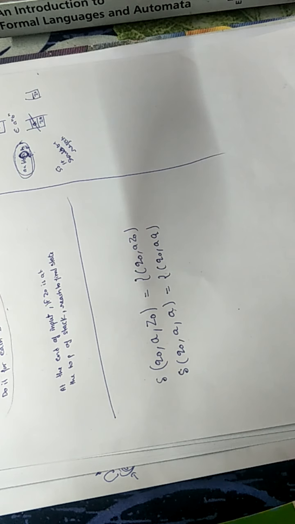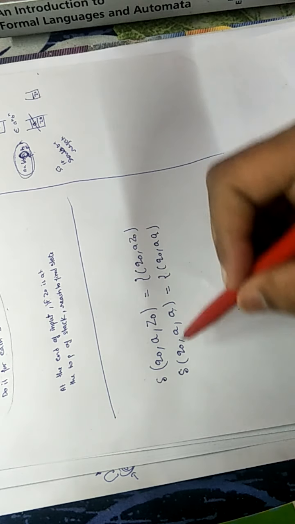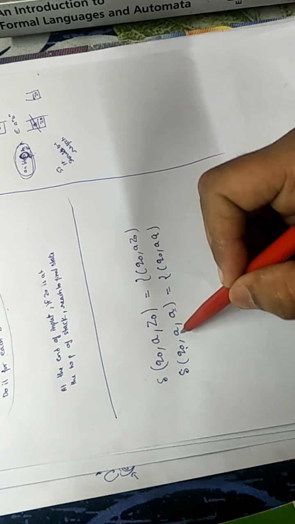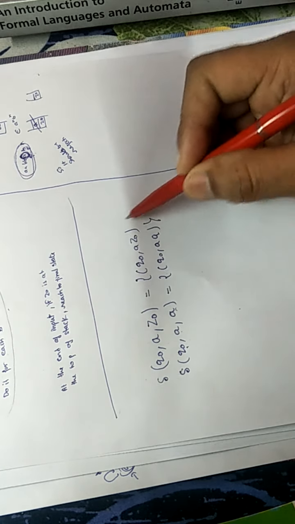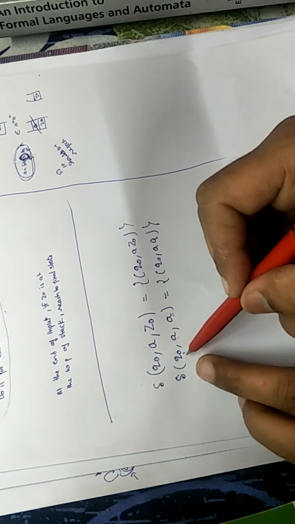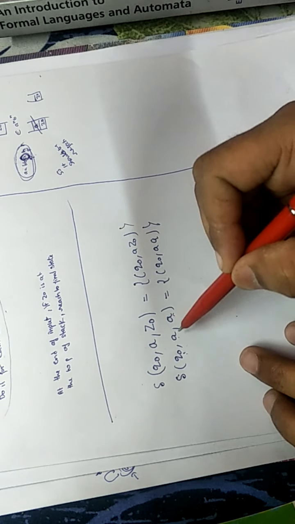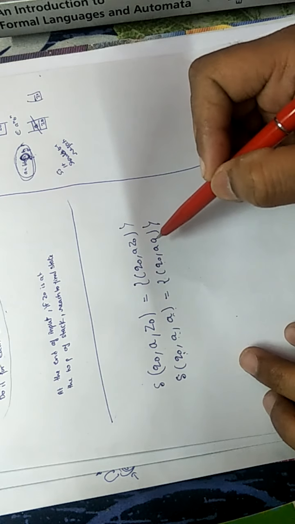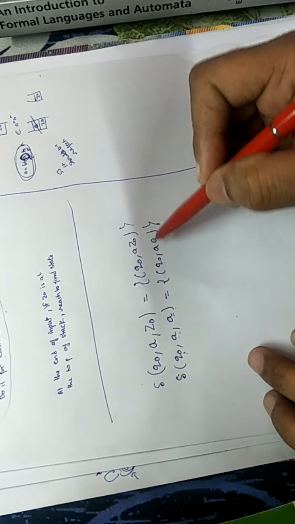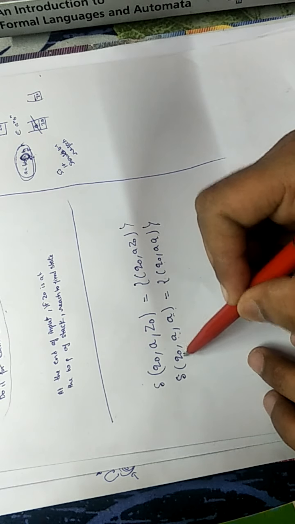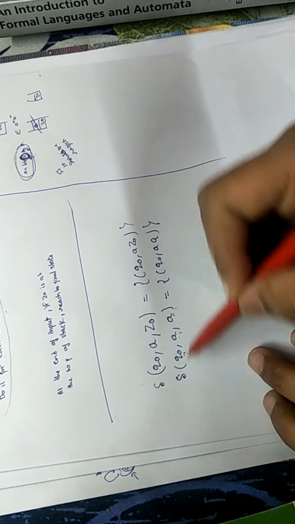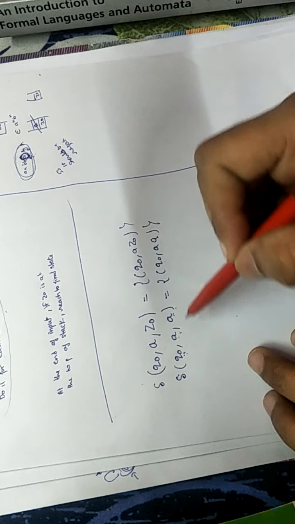Now if there are 3 A, we need not write any transition for the third A because we are at Q0 again. A is on the top again. A is the input. We will push it using this transition only. This is a loop. From Q0 we are reading A, A is on the top, we are reaching Q0 again and we are pushing A. So if there is another A, we are at the same state. It is a loop by which we can push any number of A in the stack.